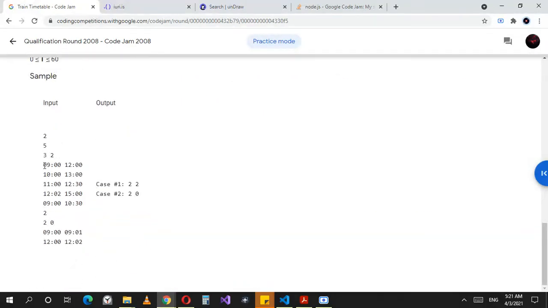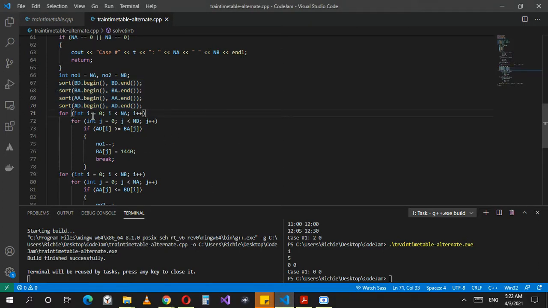The train that leaves at 9 is going to reach at 12, but a train that leaves at 9 can also reach at 10:30. So the arrival times are randomly organized. When you check if one is less than the other, there might actually be a lesser value much further ahead in the vector, and you're doing the wrong calculation. That's why it's very important to have it in this order. Once you have it in that order, the second it hits a value greater, you can be sure that there's no other value that's going to be below this.